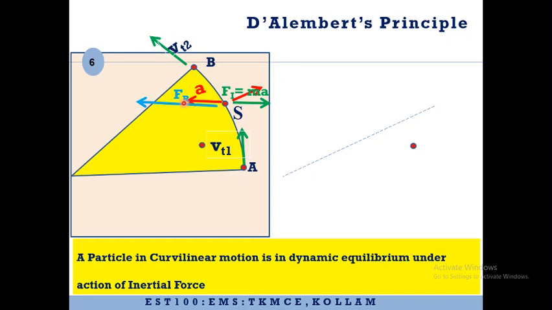the centripetal force is being provided by what is known as the frictional force. So this frictional force is going to provide a centripetal acceleration for the body, and opposite to that there is going to be the inertial force. Inertial force is acting in a direction that is opposite to the net acceleration of the body. So this